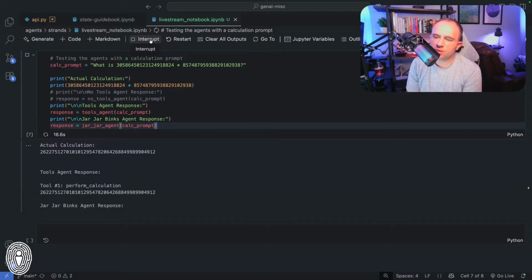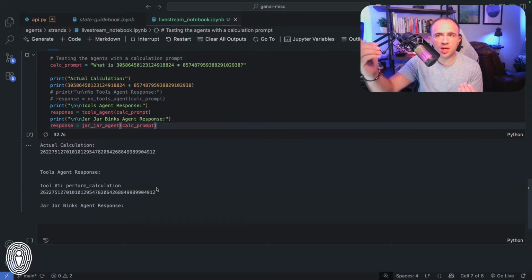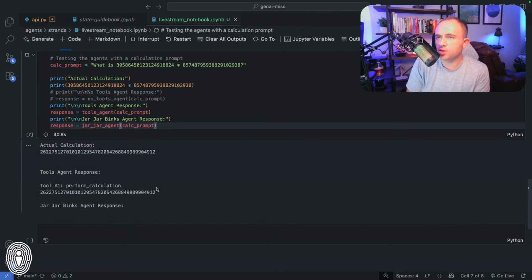There may be things like prompt engineering that I can do within the system prompt for this first one to say, actually use the tool. It looks like in the Jar Jar agent example, if you recall, it invoked the tool every single time, but in this latest case, it's not invoking the tool. This is the nature of working with AI agents. Sometimes they do exactly what you expect them to do. Sometimes they don't. And fortunately, we've actually gotten the correct answer with everything.